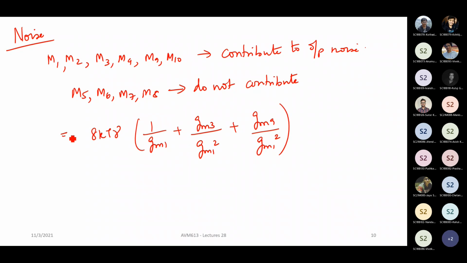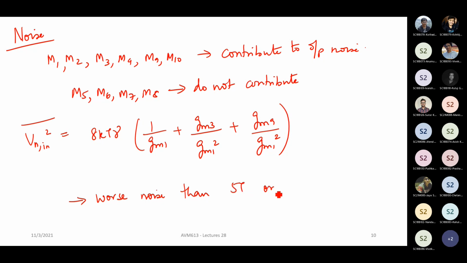This should be your Vn in square bar. All right. Because I have not given the flicker noise, you can calculate it as well. So M3, M4, M9, M10, M1, M2, these are the ones which contribute, and because of symmetry, we assume them to be uncorrelated noise sources, and therefore we add their variances, right? Now, one thing you can find here is that the noise performance is worse than